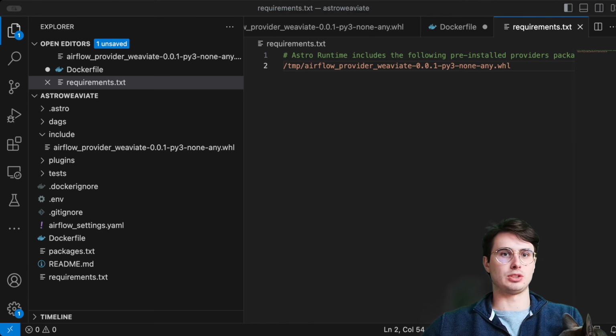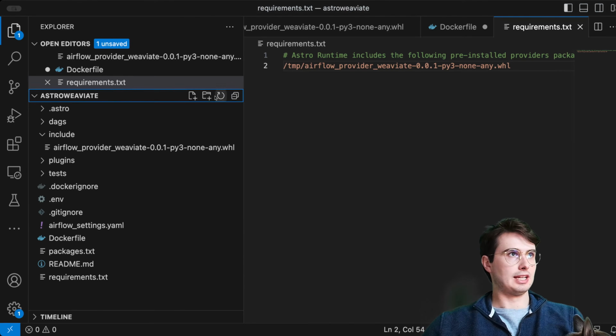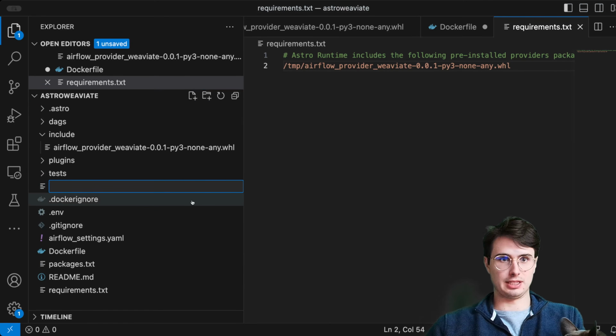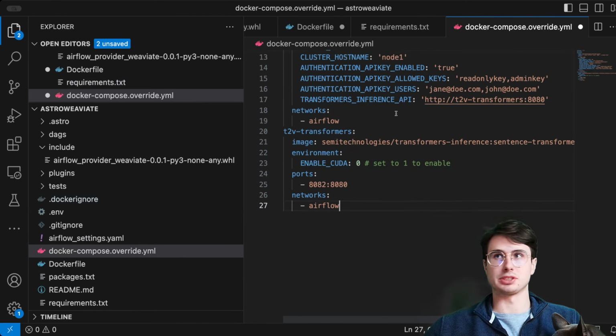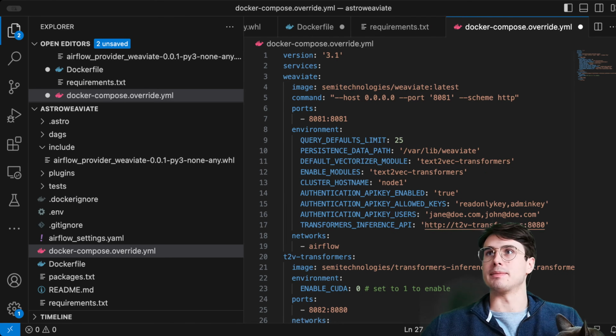So to do this, what we're going to do is we're going to need to create a new file. So create a new file in our root directory called docker-compose.override.yaml. And so within this, you can just copy and paste this block where,